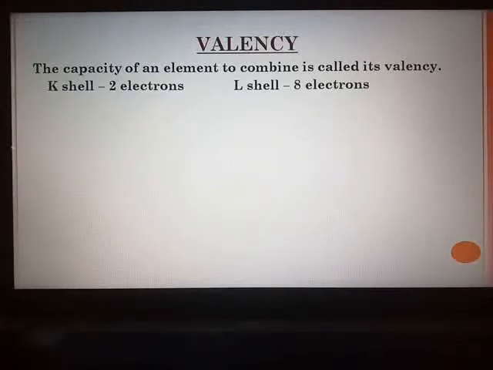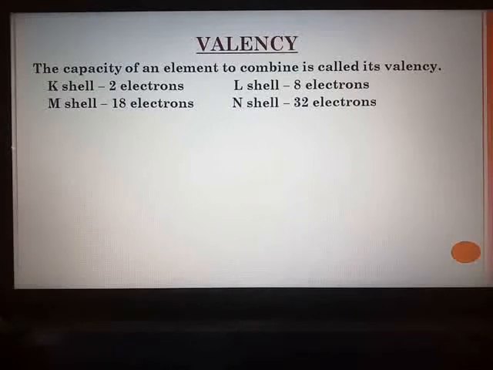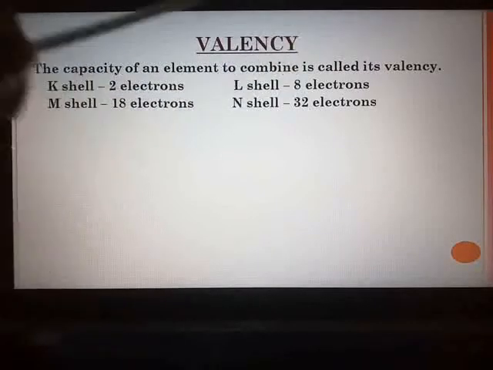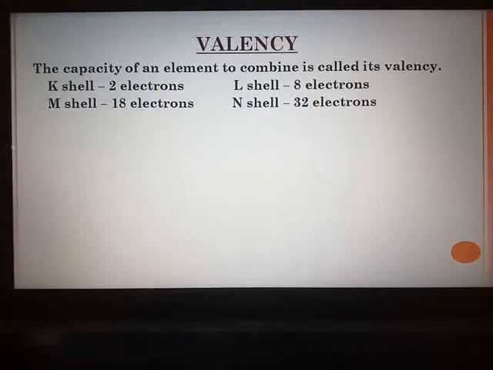Now, when you speak about any atom, we have seen that the center of the atom is called the nucleus, and around the nucleus there are orbits in which electrons are moving. So we will take 4 shells into consideration. First shell is known as the K shell, then comes the L shell, then M, and last is N. Now you can see here I have written the number of electrons in front of the shell. K shell maximum capacity is 2 electrons, L shell it is 8, M it is 18 and N is 32.